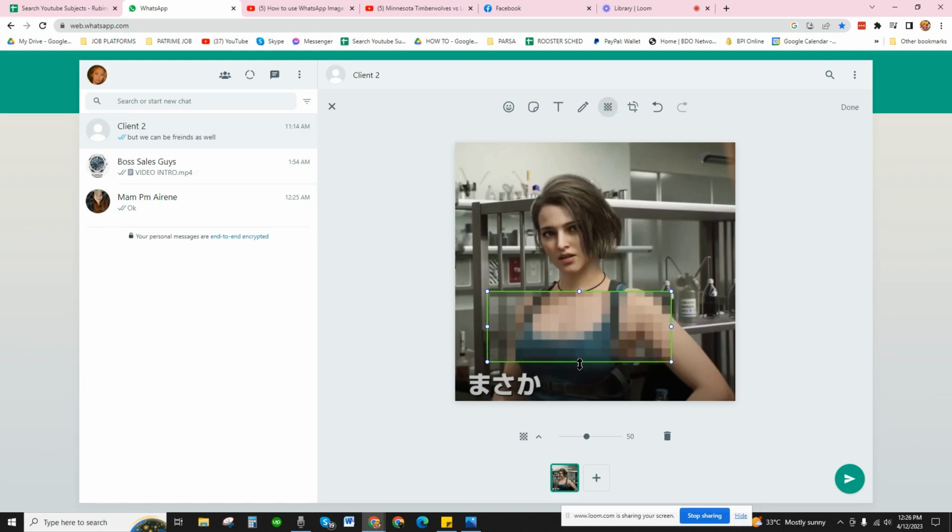And then you will hit on submit. Alright, so that's gonna be it. So it's up to you what are you gonna be using. You can zoom in or zoom out this one, or make it bigger or